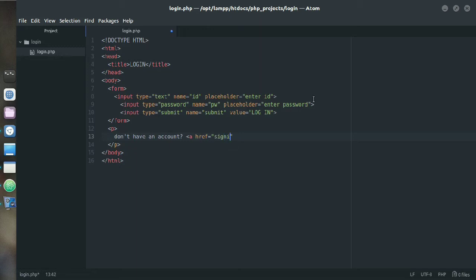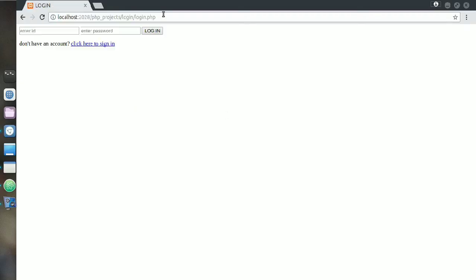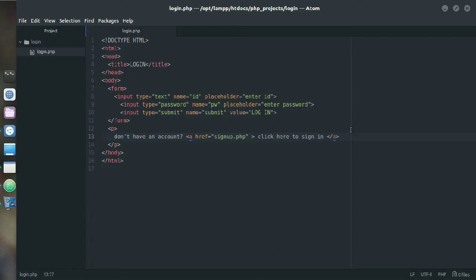So start your reference tag and write href, and that is signup.php, and I will create it later, and inside it click here to sign up. Okay, so close the reference tag and refresh the page, and you can see,